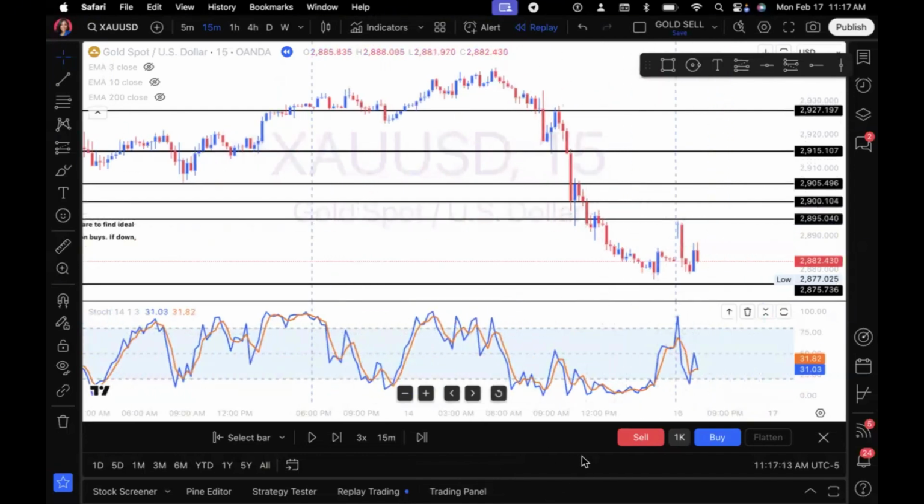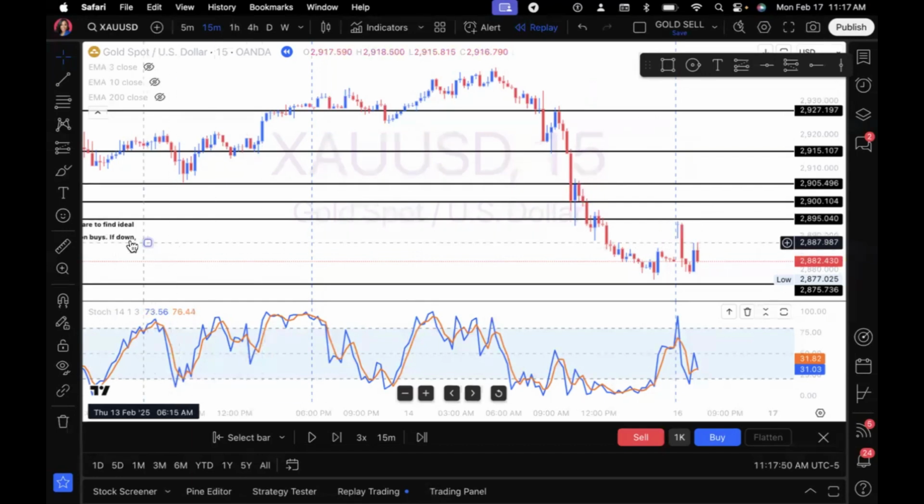Now, because I'm looking at this trade for a potential buy, I do want to know what those previous highs were simply because these will be my targets for TPs. So I can see that a previous high was here around 2895. I also saw a previous high around 2890. I saw another potential high at 2900 and another high at 2905. Now remember, I did tell my students that they could set multiple highs or multiple TPs because if the market is going to continue to buy, it's only going to target those areas.